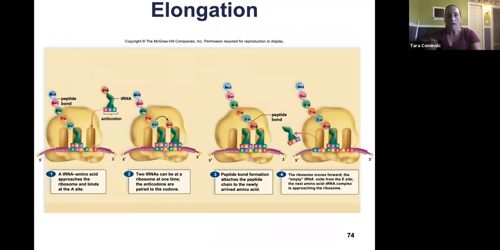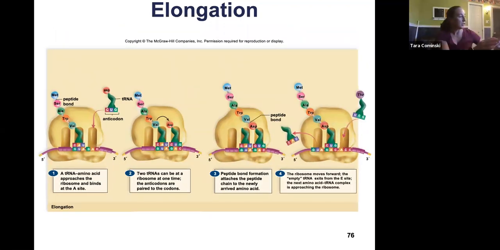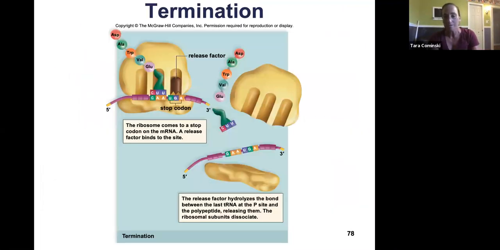All right, and then termination though, again, basics of termination, right? Basically you're gonna reach a stop codon. Once this stop codon gets into this A site here, there is not gonna be a tRNA that binds, right? Something called a release factor binds, and then that just causes the whole thing to disassemble, and that polypeptide chain to be released. So we just really wanna know what the main function is of each stage of translation, meaning initiation, elongation, and